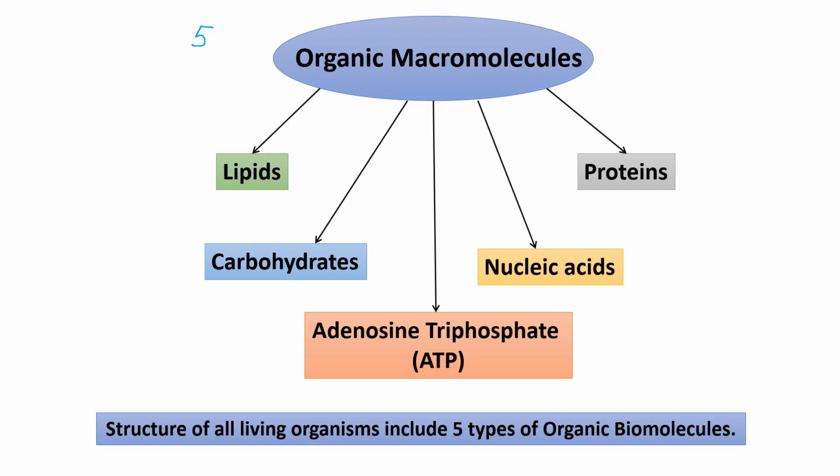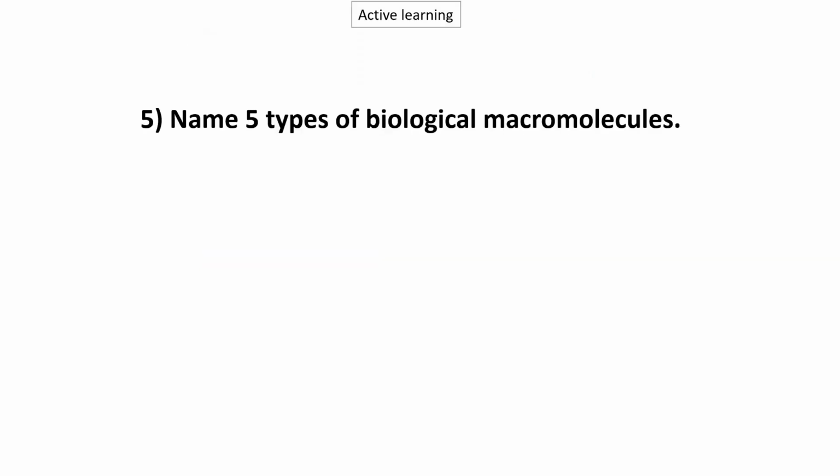The structure of all living organisms includes all these 5 types of organic biomolecules. So now you will be able to name the 5 types of the biological